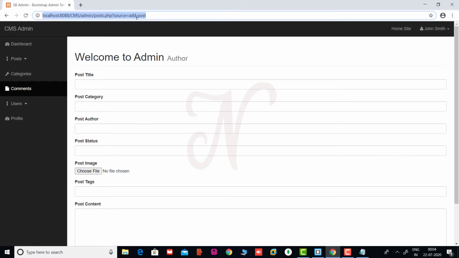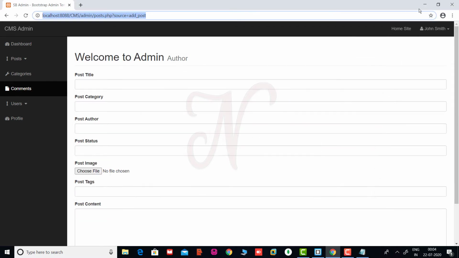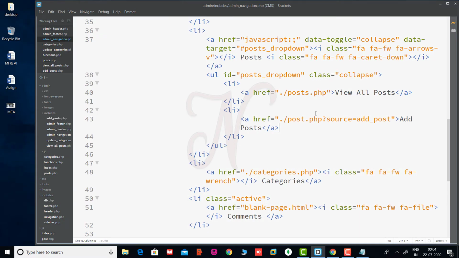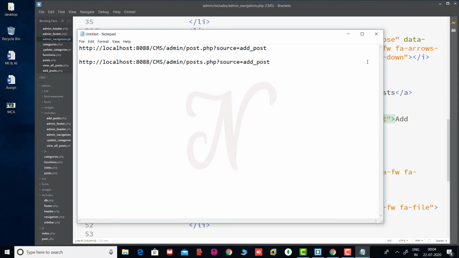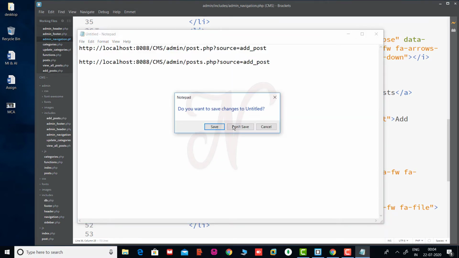See the difference between these two links. Here it is post, so there is no need for this parent URL. Here we remove this, the notepad was just used for testing purposes.